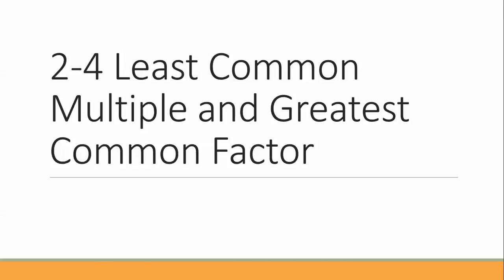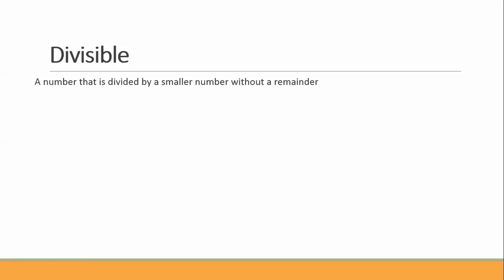Today we're going to talk about least common multiple and greatest common factor. The first thing we have to do when we talk about least common multiple and greatest common factor is talk about divisibility. A number that is divided by a smaller number without a remainder is divisible by that smaller number. So, for instance, if we have the number 24,